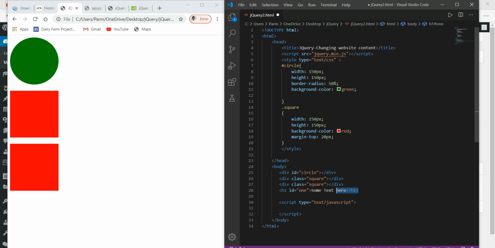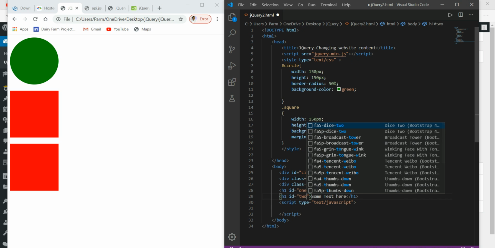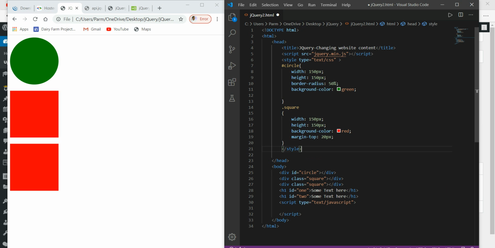Similarly I'm copying this, Control C, and Control V, and this time I'm giving it ID as 2. So here we save this, and refresh. So we got this text, some text here, some text here.